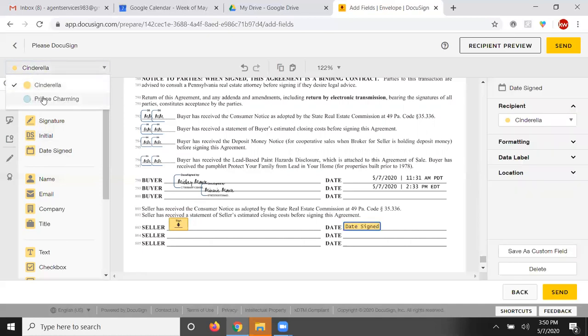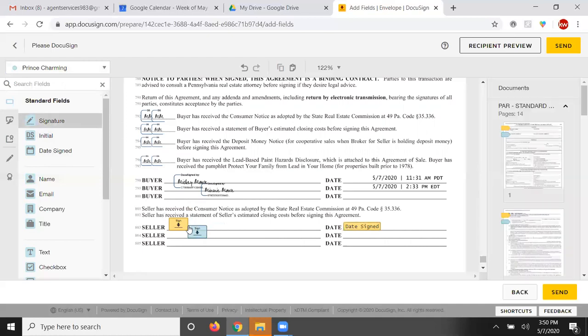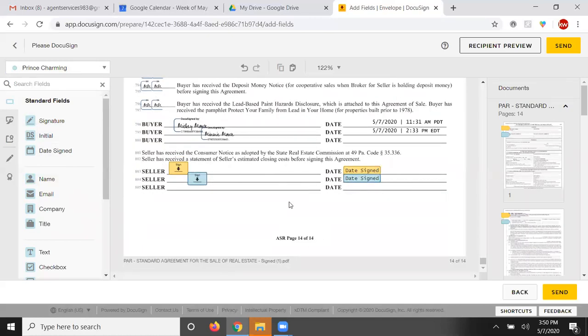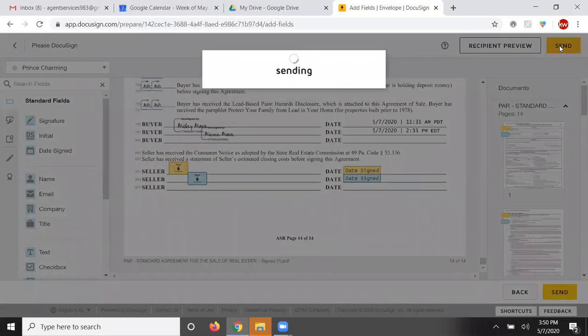All right, switch to Prince Charming signature and date signed. Cool. All right, so that's now all set for me to send to my sellers. So I would just hit send, and off it goes. And then they would sign it, and we would have our fully executed document. Once they sign it,